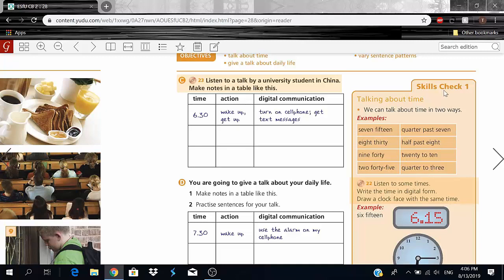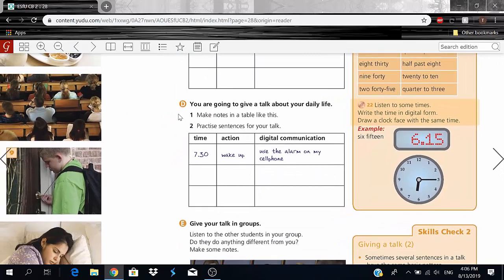And different people use different ways. I'm personally a big fan of using this right here. So basically the 2 numbers. I really don't like using 20 to 10. I don't really seem to understand it. So you guys get the idea. So I'm a big fan of these right here, but you can always get used to whichever one you feel is more comfortable. Okay? So now you as a student are going to give a talk about your daily life now, okay?